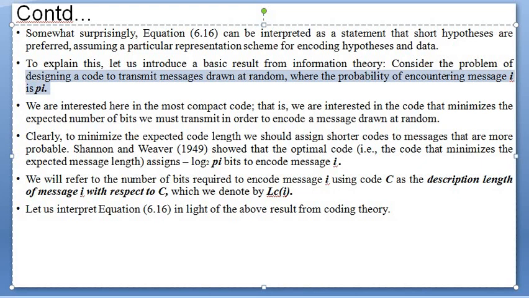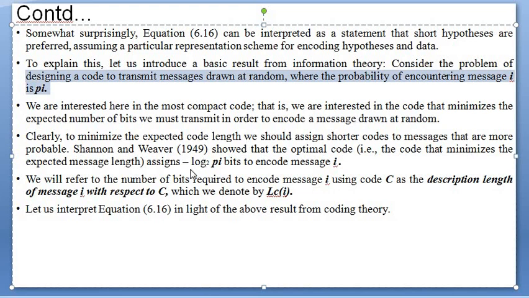So we always want to minimize the number of bits in the message so that it can be conveniently passed. So we can send the shortest codes of the message from source to destination. Here, log p_i is related to the probability of encountering the message. So we always look for the most compact code, in the sense that we want to send a minimum number of bits, with the shortest codes assigned to messages.